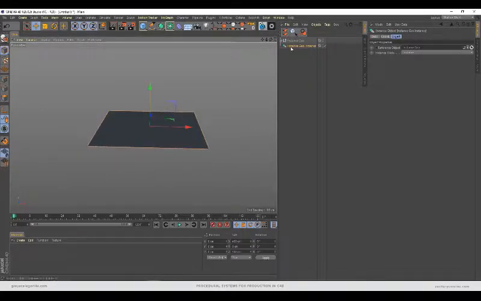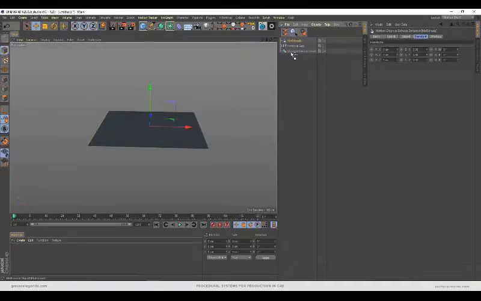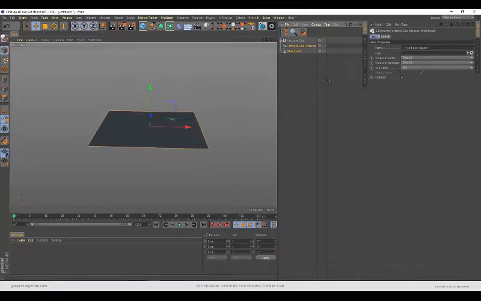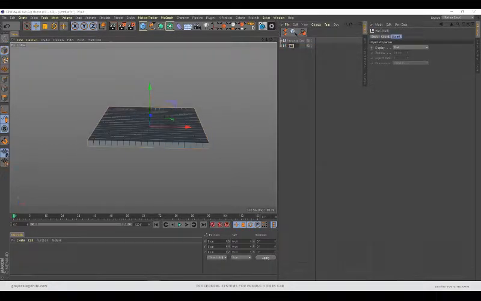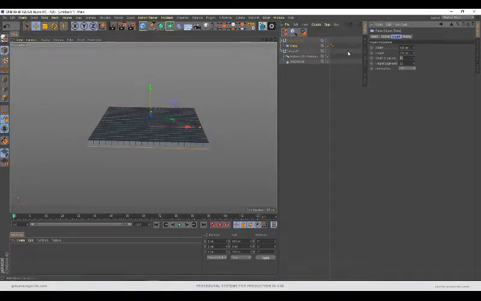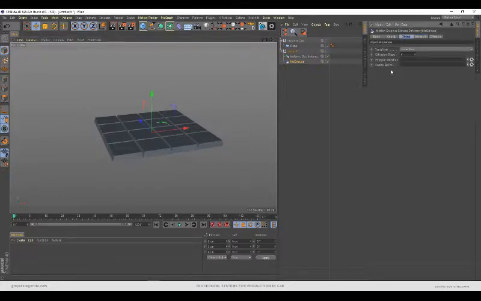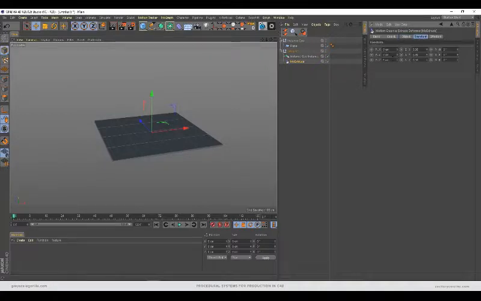So what I want to do is grab a Mo extrude to show off setup 1, and we can make this a child of the instance, or we can just throw these both in a null. So let's do that, and we can call this setup 1. And we have a little bit too many segments for that, so we'll jump back into our original plane, and let's drop this down to maybe 4x4, and we'll have to tweak some of these parameters here for our Mo extrude. So what I want to do first is change the extrusion steps back to 1,